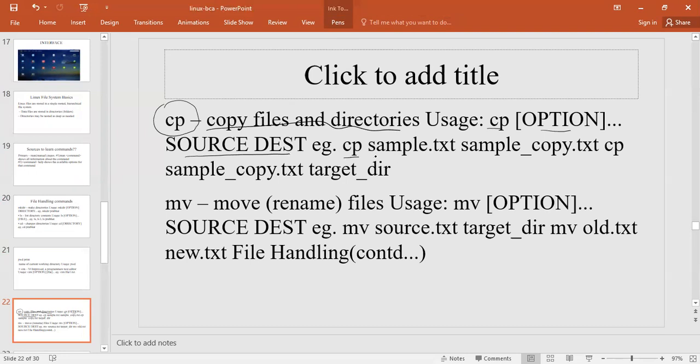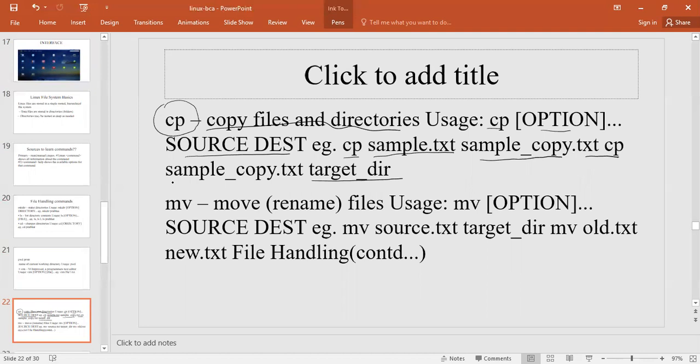Example: cp sample.txt, where this is the source, then cp sample copy.txt or a target directory is the destination. First we have to type the source and then the destination.